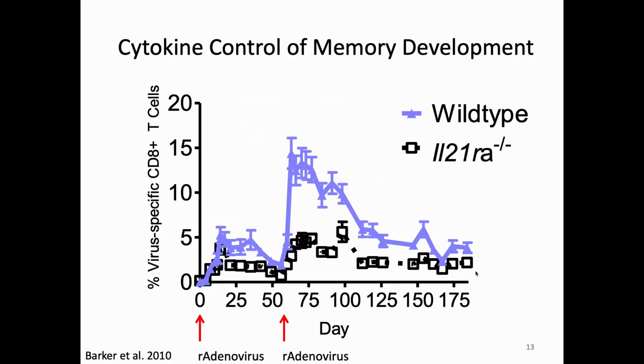You can see that in my wild-type mice, I saw a nice primary response. In my IL-21 receptor deficient mice, the primary response peaked close to the same place as the wild type, but you can see that it contracted really fast and contracted much further. And then you can see that the IL-21 receptor deficient mice, when I infected them again 8 weeks later, made another primary response. They didn't make a secondary response at all. And so you can see that they made a response that was identical to their primary response. They did not make a secondary response